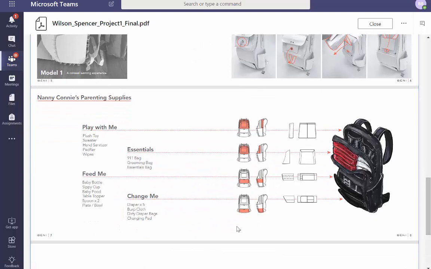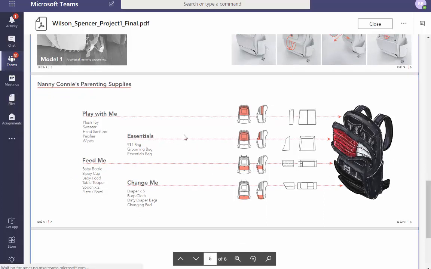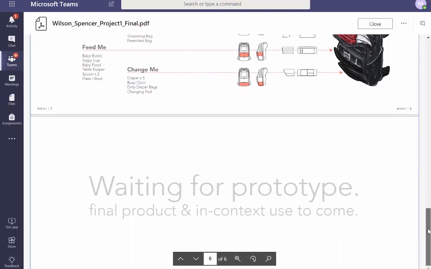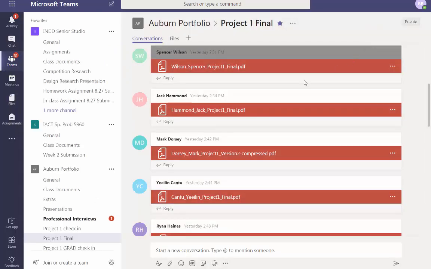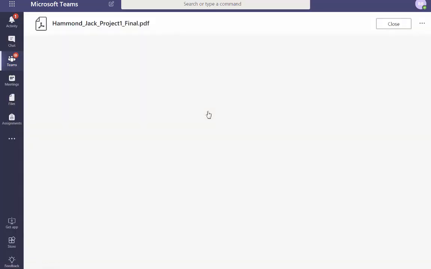This is probably the best thing that I've seen of any Nanny County project. Someone has finally explained to me what the different zones are for and how those things are going to solve my problems. I'm going to stand up. I am standing up at midnight. Everybody else is asleep in my home because finally someone explained to me the benefits to the human, the person using it. Right? What I'm talking about. Waiting for a prototype. What you waiting for? I do like some in-use stuff. Okay. Emotionally, I've just been saved a little bit.